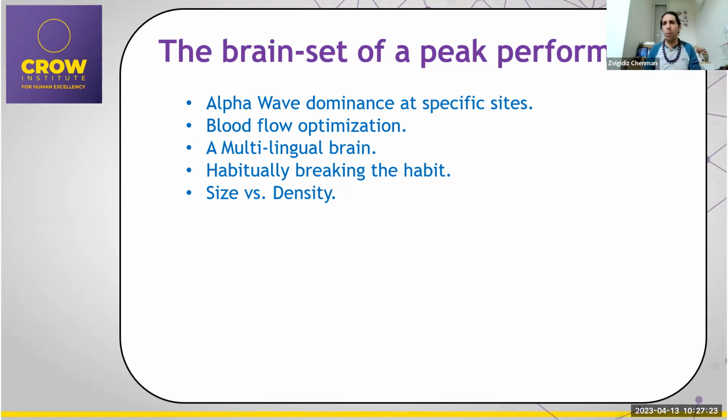The more you train, you'll be able to get up to 40 to 50% of the time while training, being at around 10, 10.2, which is an optimal alpha peak performance for quite an optimal time. Being able to keep that state for 40 or 50% of the training is a lot, okay? So that's alpha wave dominance at specific sites. You want to be able to do that. You want to be able to know how to snap into it and out of it willingly.